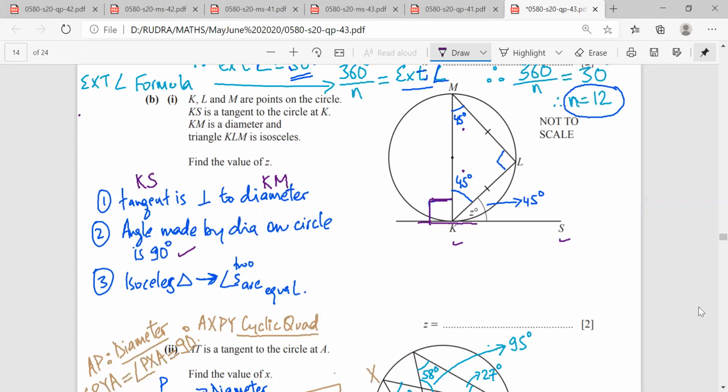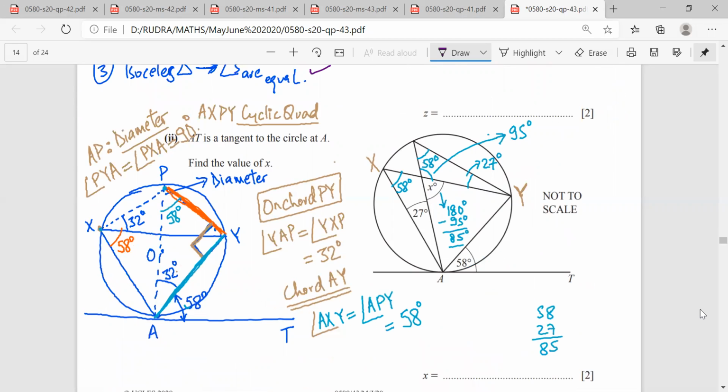Yes, sir. So if this KM is the diameter, then the angle this diameter would be making on the circle would be 90 degrees. This is the second property I should be clear about. As a matter of fact, if this is 90 and this is an isosceles triangle, this would be 45 degrees and this would be 45 degrees. Now, when this is 90 degrees and this is 45 degrees, therefore this would be 45 degrees and my answer Z would be 45 degrees. So, is there any doubt? No, sir. Okay. Let us look at the next question.